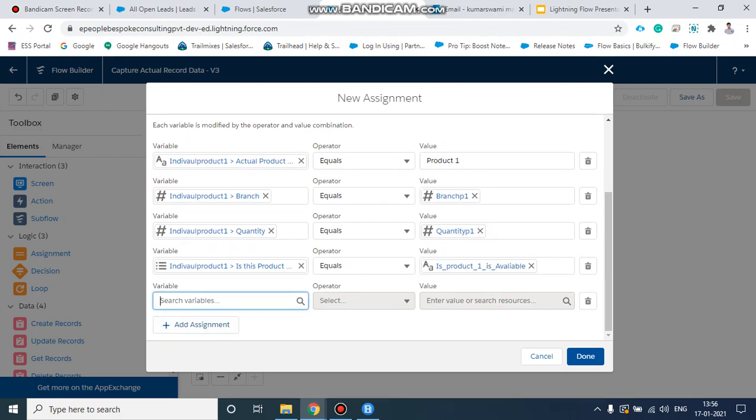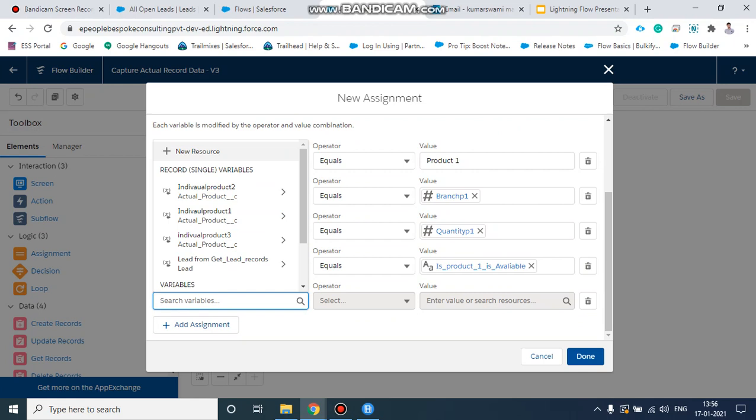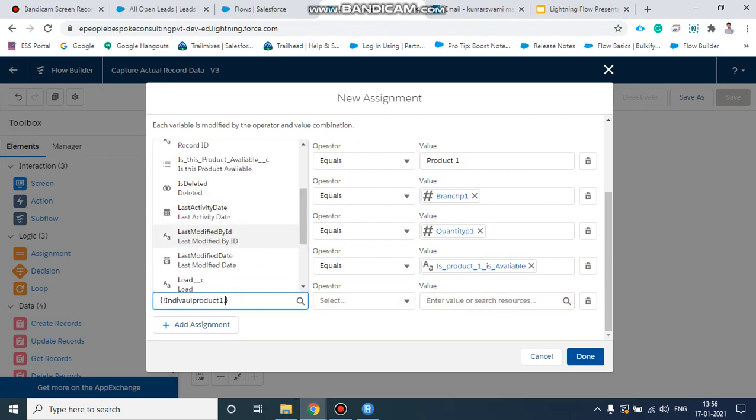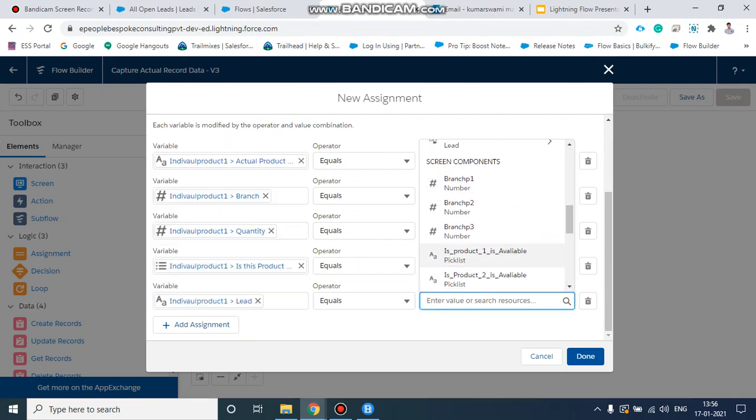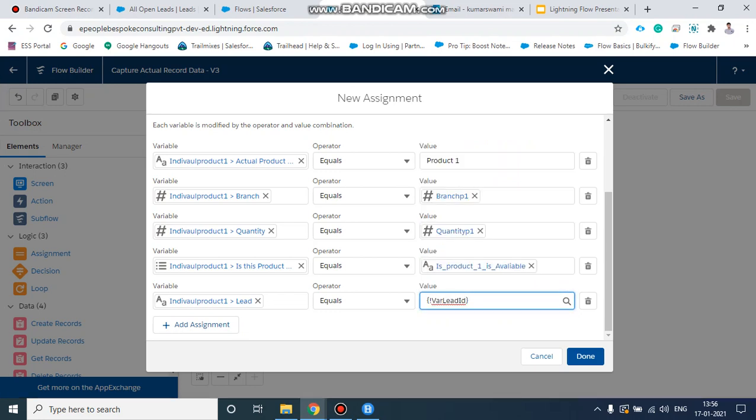And for identifying which lead this child record is linked with, for that we need to make lead. We need to map lead with the variable created at the first get record. Whichever id was present in that variable will be mapped to lead, because that is the present record in which we are creating a child record. That id will be stored in the variable lead id, so it will be mapped to that.